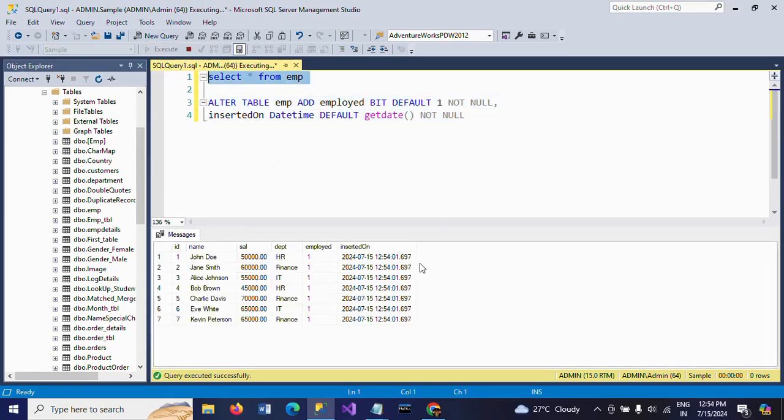See, check your table now. Earlier we didn't have these 2 columns. Now all these columns are filled with default values 1 and today's date, 15th July 2024. So if I suppose to add one more